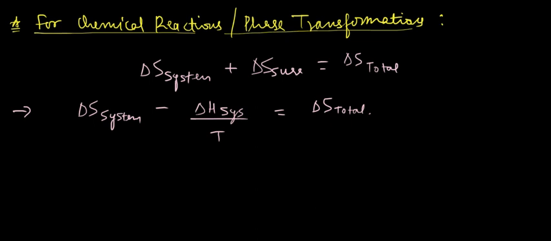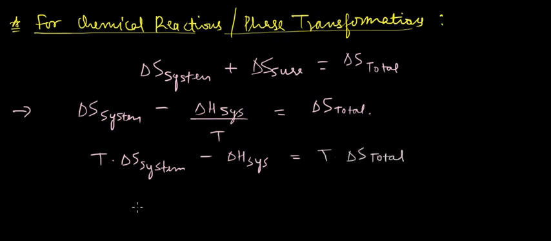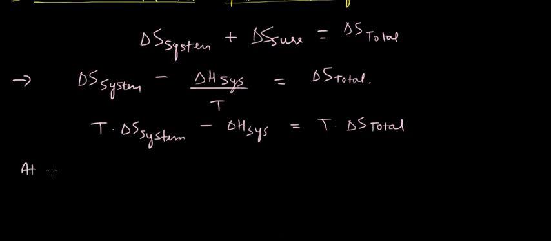Okay, as delta S surrounding can be written as minus delta H system by T, because the heat is released by the system to the surrounding at constant pressure. So this would be T multiplied by delta S system minus delta H system would be equal to T times delta S total. Okay, so at constant temperature and pressure